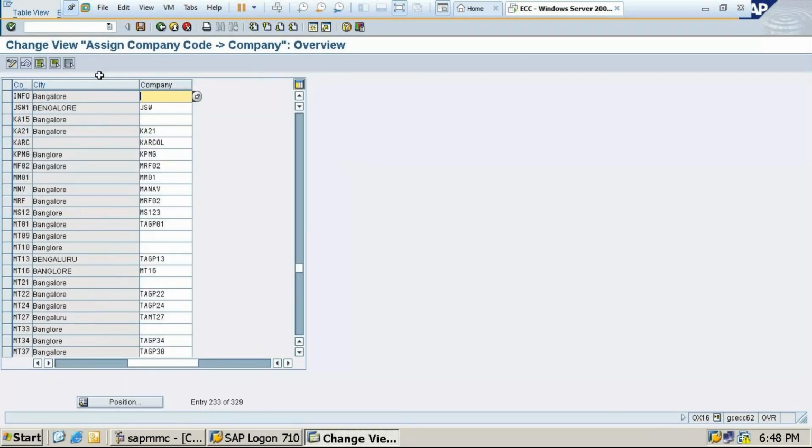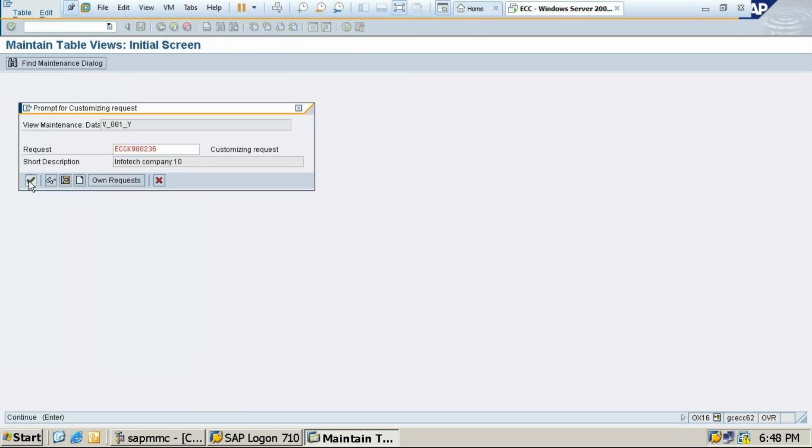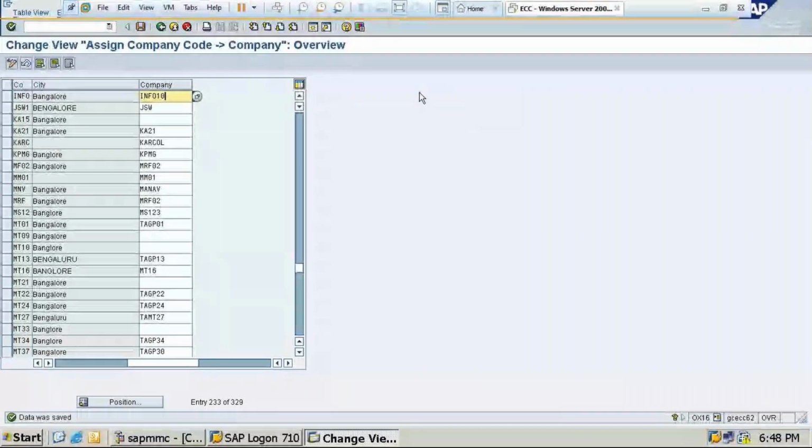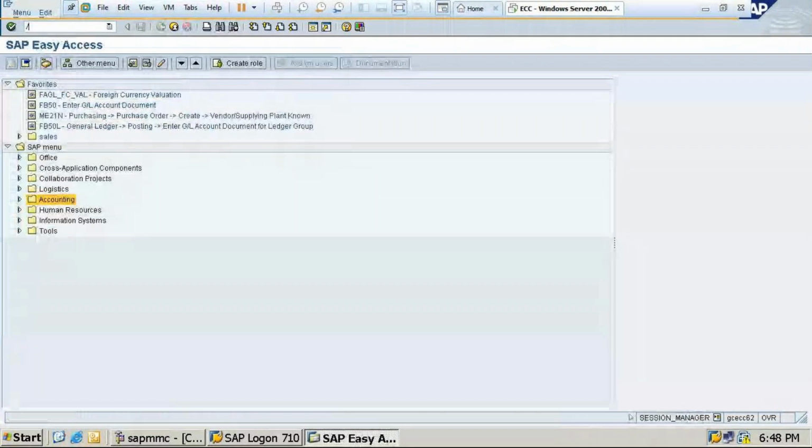So I need to assign it with the company Info 10. So here you need to assign Info 10. So click on save. Correct. So like this. So back screen, /n.